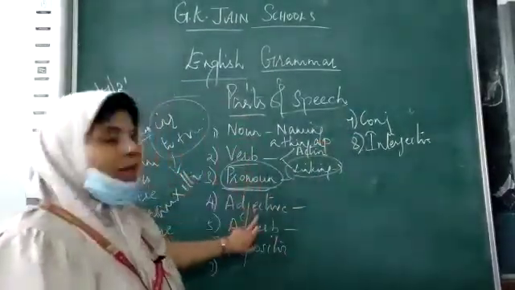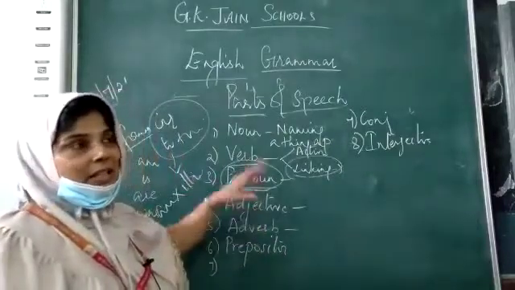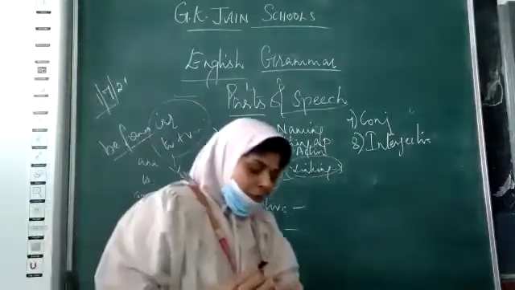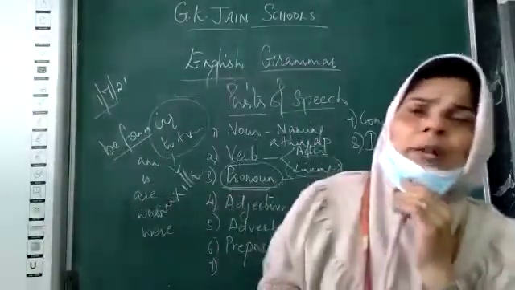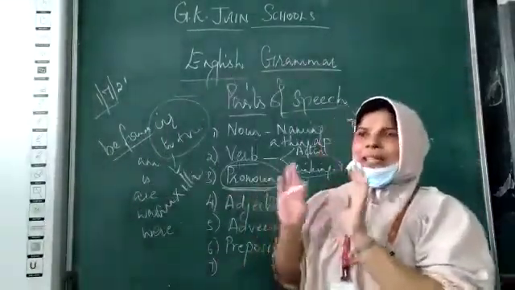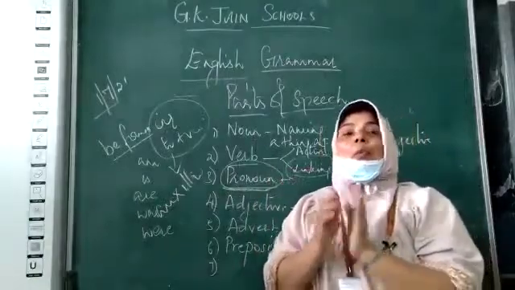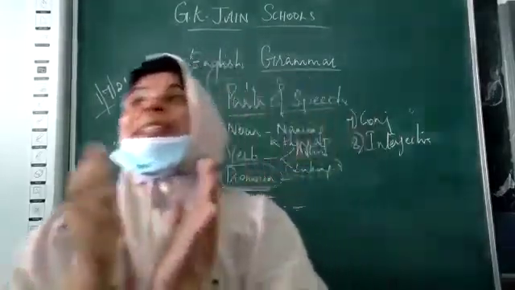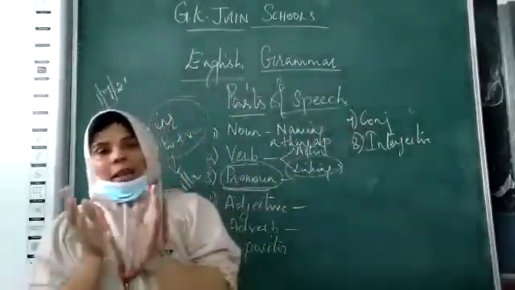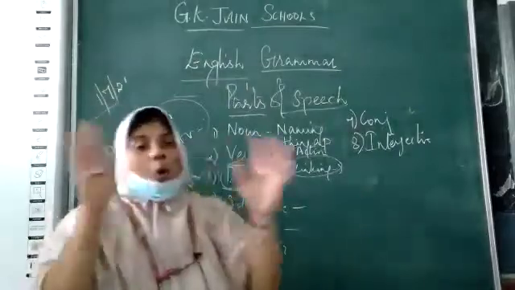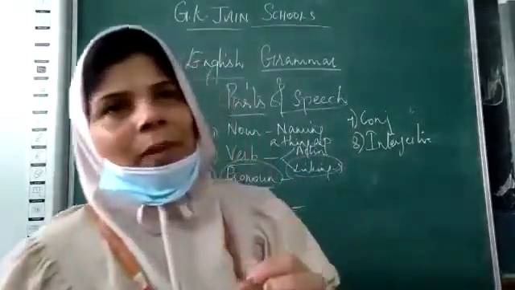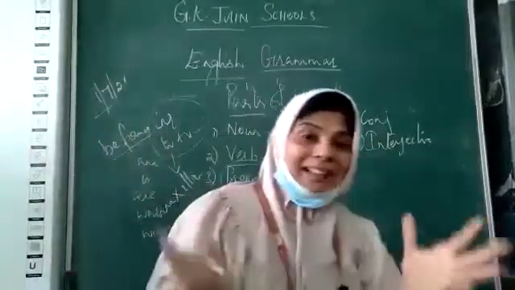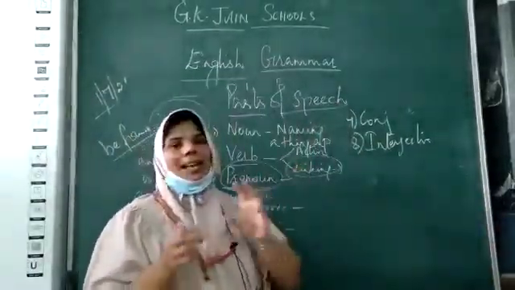Now moving on to adjective. What is an adjective? First let us define what an adjective is. Now, as you all know, you are really thorough with what a noun is, it's a naming word. When I have to modify or describe a noun, when I have to tell a little bit more about a noun, that particular word which modifies or describes a noun is called an adjective.